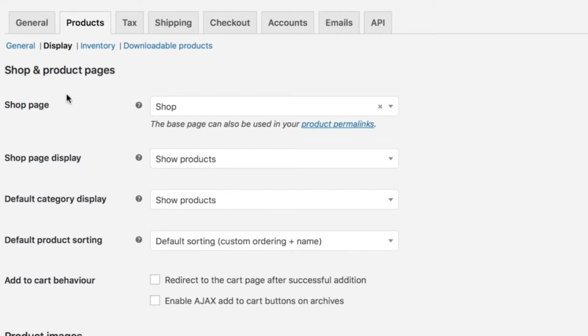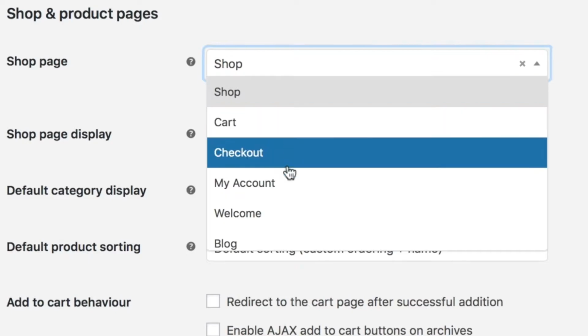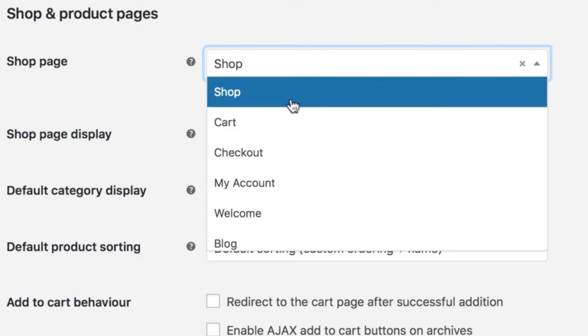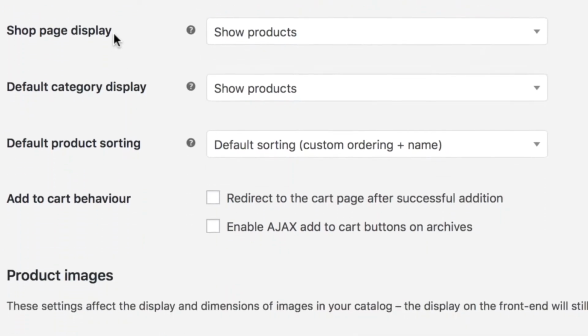At the top is a very important, if not vital setting, your shop page. You need to choose a page for your products to appear on. If you don't, how will anyone buy anything? If you've already gone through our onboarding wizard when you installed WooCommerce, then it most likely created and set this for you already. With that taken care of, you can next set how your shop page displays products and/or categories